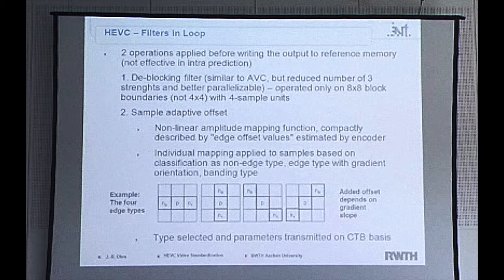It was found that actually visually that does not make any difference. You don't need to deblock the 4x4 block boundaries. Of course, this simplifies a lot, because you need to compute conditions only on a sparser grid of block boundaries. But otherwise, the concepts are very similar. I think there's one less threshold value, so there is also a slight simplification.